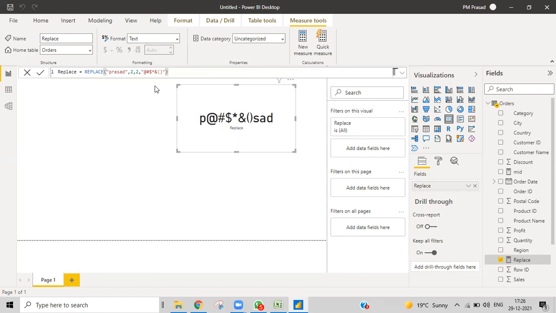Okay, let's make it like this. At the second A, I want to replace it with some text.